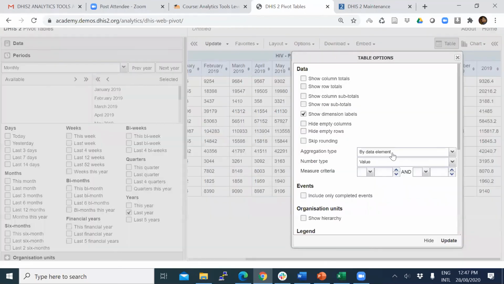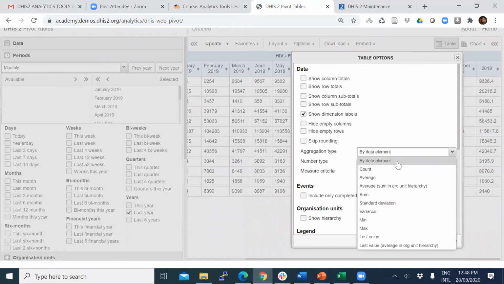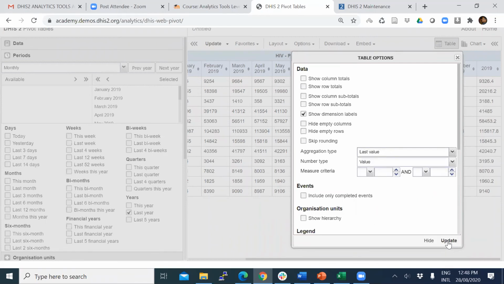The default is data element, so it takes the aggregation type from the data element, but we can override it here by selecting something else. I will select the last value here and update.